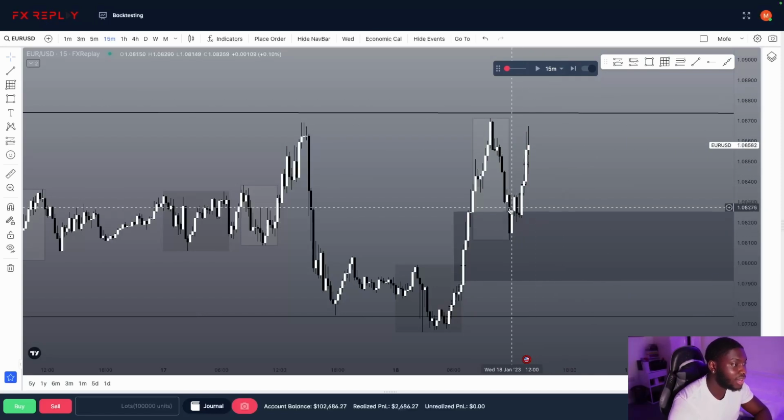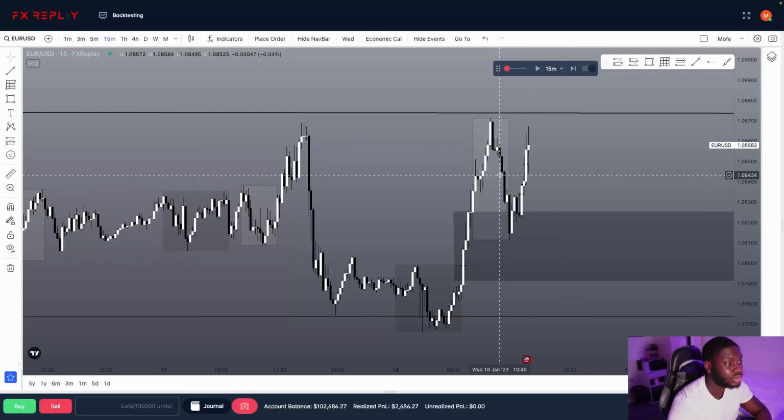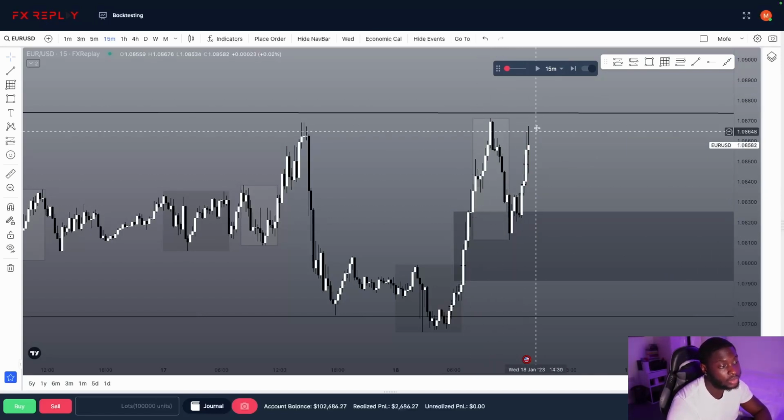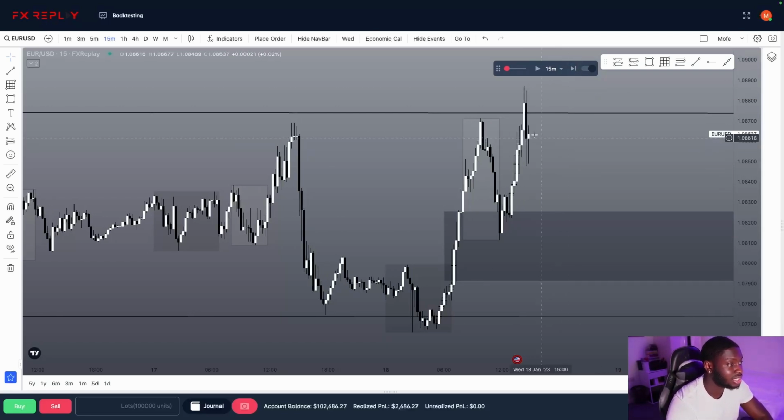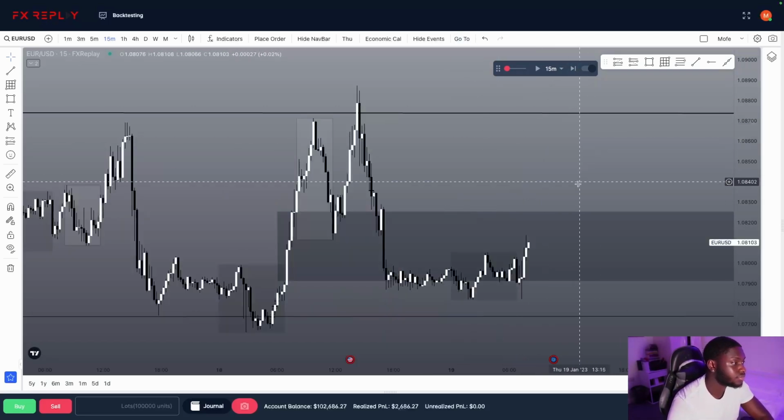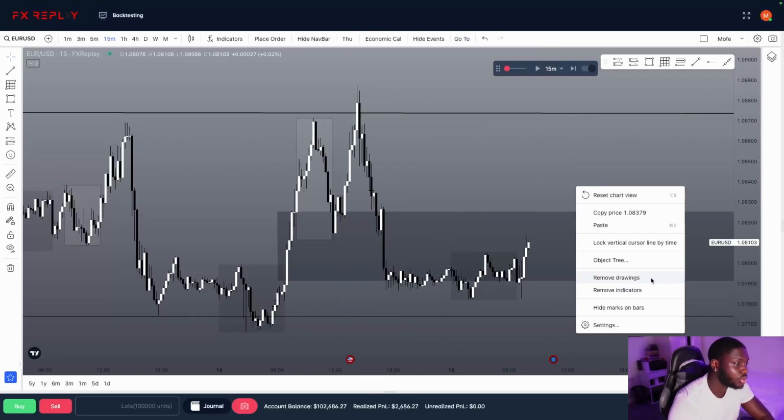Nothing really happened. It seems like we were just wrong about where price was going to react off of. We came to this hourly fair value gap before we shot up, which is unfortunate, but it happens. That's really it for this day. So go to next day. Yeah, price swept that high and then shot all the way back down.